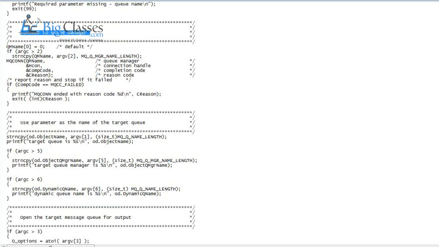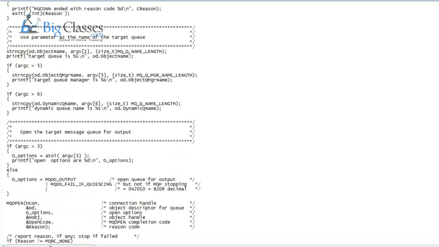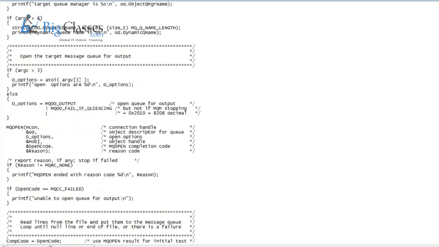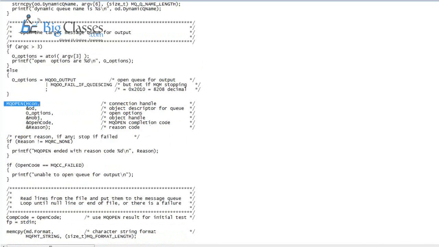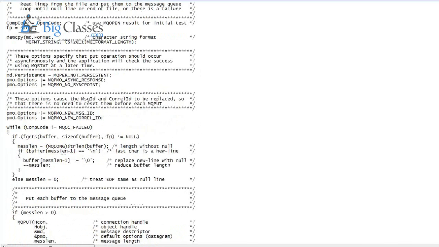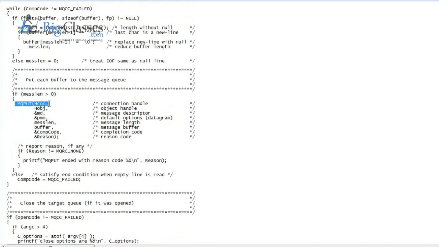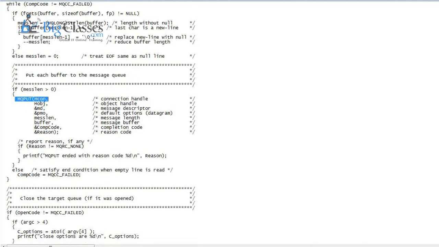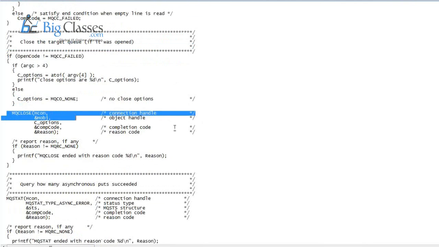After connecting to the queue manager, it has to open the queue to perform either put or get operation on the object queue. So to open the queue object, the application executes the MQOPEN function on the queue object. After that, the application defines the message. It puts the message in the queue. So the call or function is MQPUT. Connect, open, perform put operation, then close the queue, MQCLOSE, disconnect from MQ server,